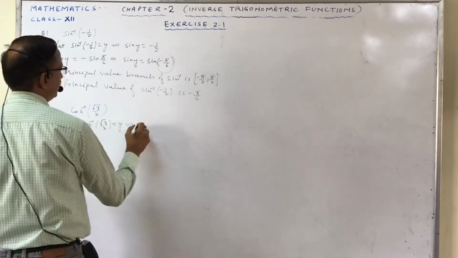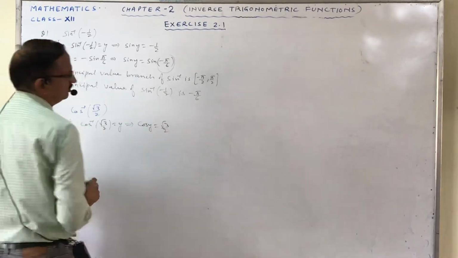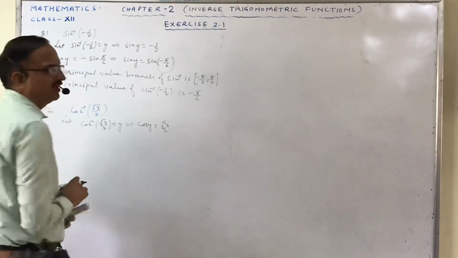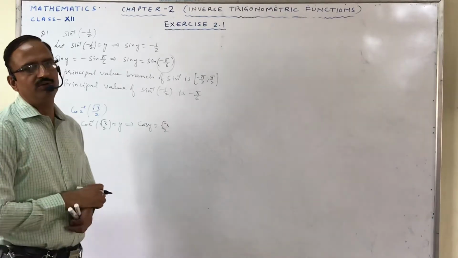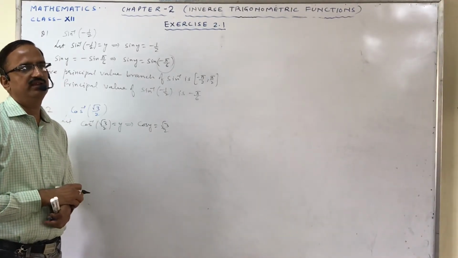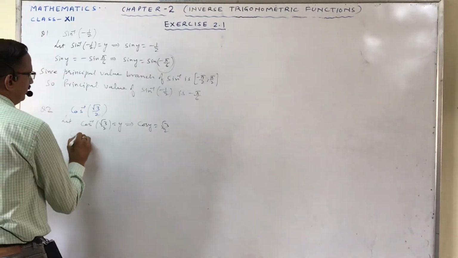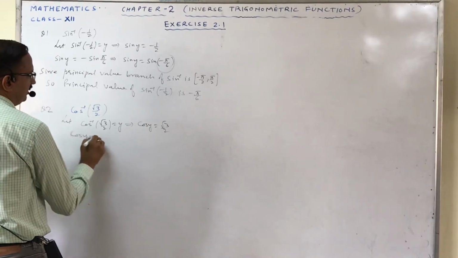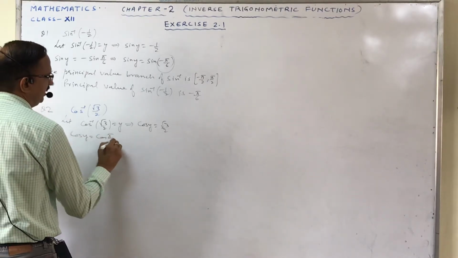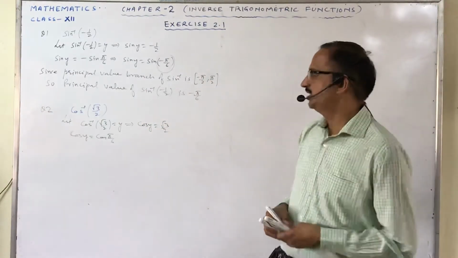Then this implies that cos y equals root 3 by 2. And this is the value at pi by 6. So we can say cos y equals cos pi by 6, and this pi by 6 is the